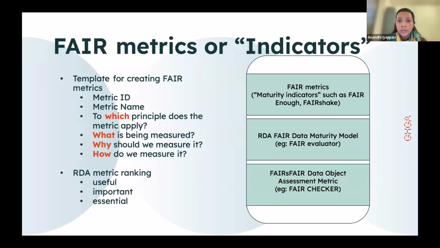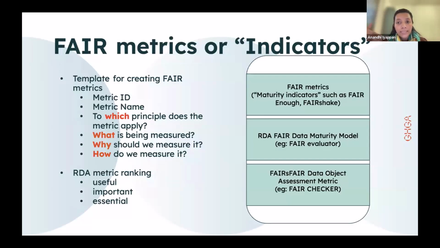As I mentioned about the different communities earlier, the Research Data Alliance, RDA, has also come up with a similar metric, which ensures that the metric that is developed is useful, important, as well as essential. They have come up with fields or indicators which mark each field with these three labels, whether it is useful, important or essential. These data portals can adopt this to capture information from the users and also ensure that the data being submitted is complete and does not remain incomplete.